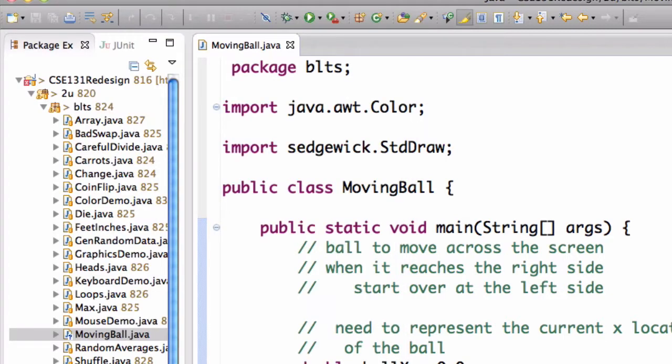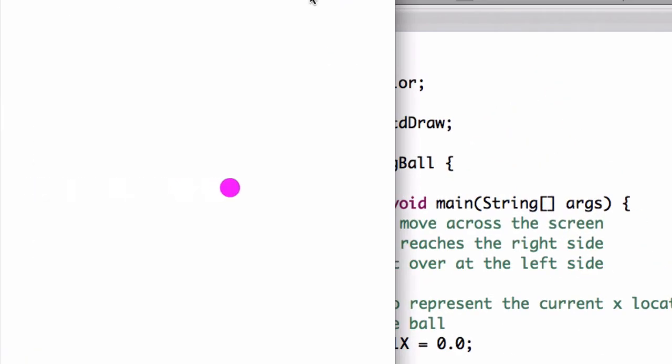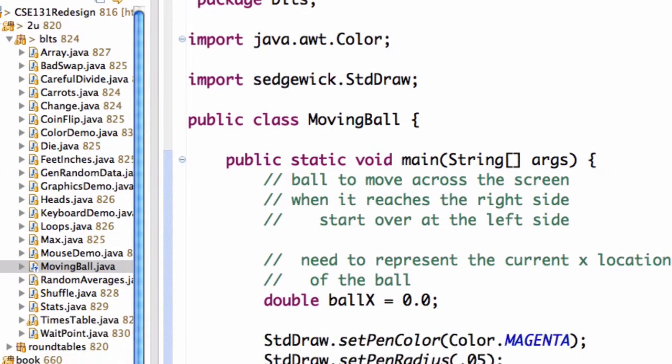There's no jerking. We can even make this smaller if we want, and spend less time waiting, and it should move more quickly across the screen. There we go. Okay. So what show does